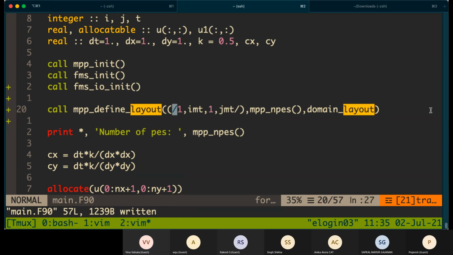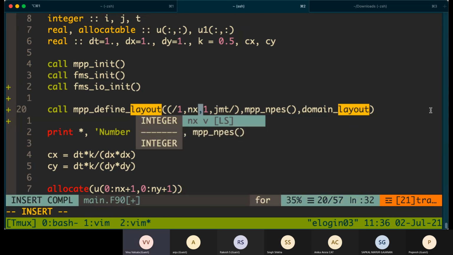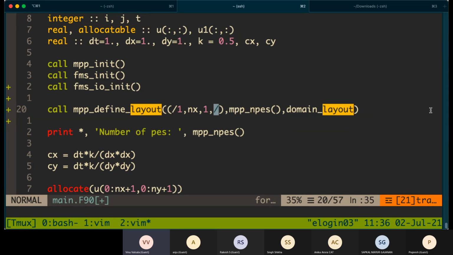What MPP define layout does for you is it takes two input arguments. The first one is the size of the domain, in terms of the lower bound and upper bound in the X direction, and the lower bound and upper bound in the Y direction. So here it is 1 to NX, and then 1 to NY.